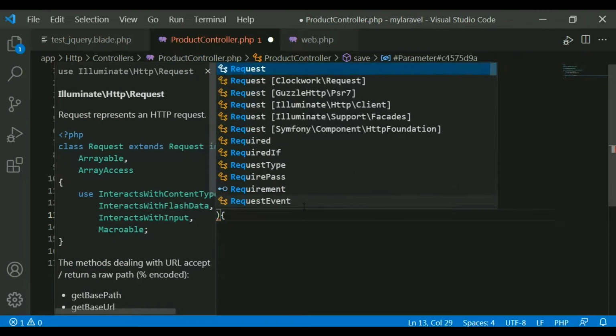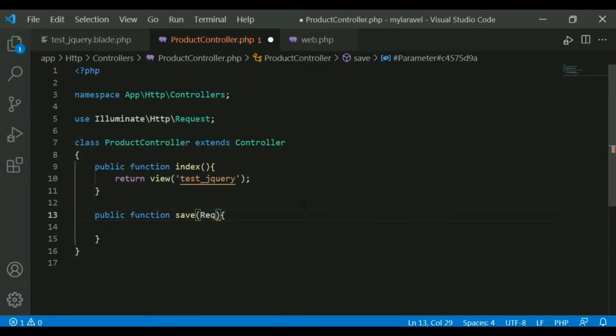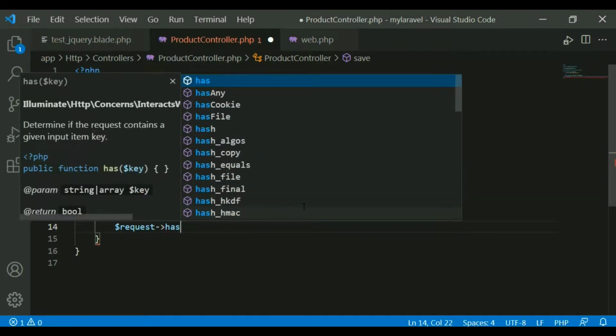the request object, $request. By using the request, I want to know whether the request has some file I am uploading or not. If you write $request, there is a function called hasFile.